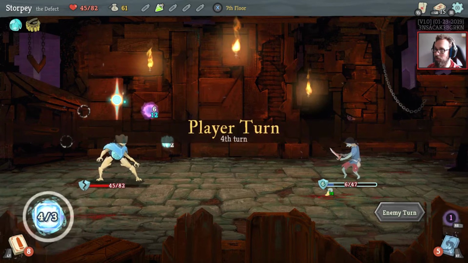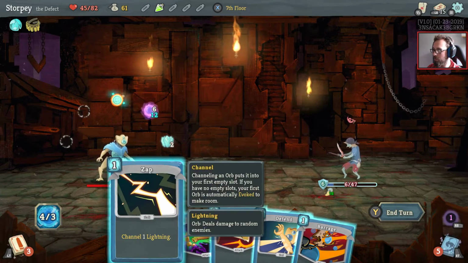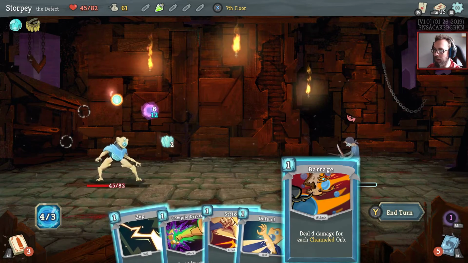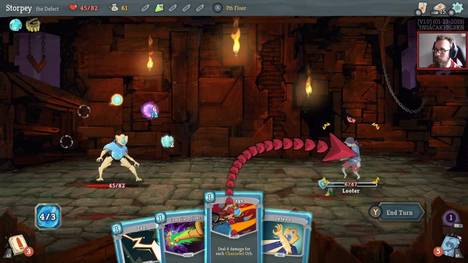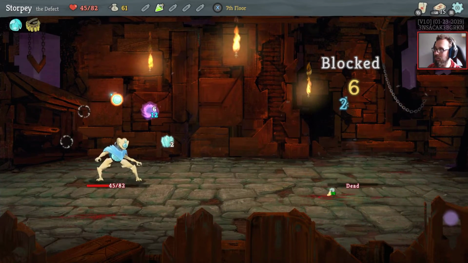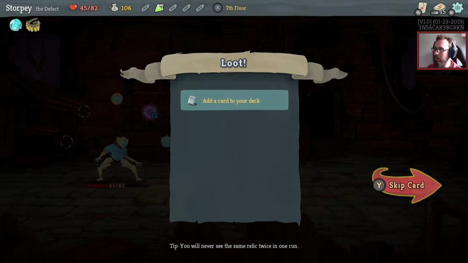Yeah, where's my smoke bomb? Let's see here, he says. And now look at him. This enemy tends to escape. Stealing all my money. Aha! Perfect. 4 damage for each channeled orb. That's 12 damage, which is exactly what he has left. 30 gold stolen back, 15 gold from him anyway, and add...